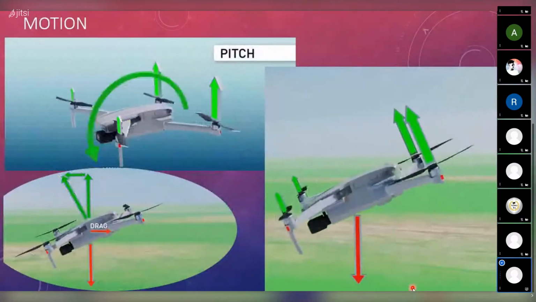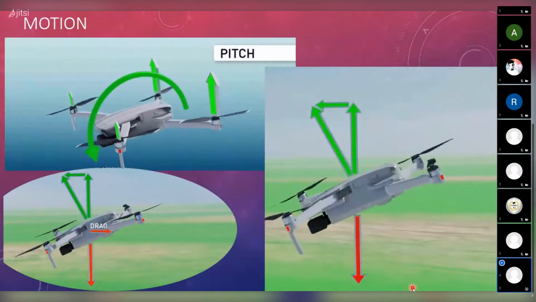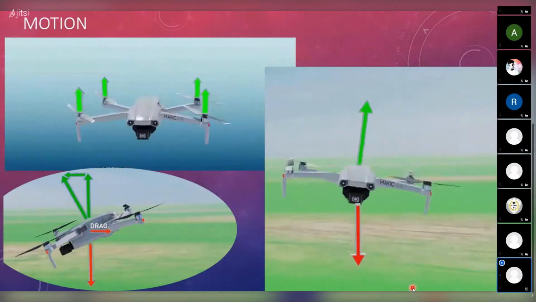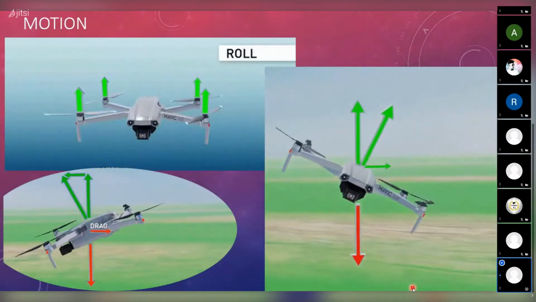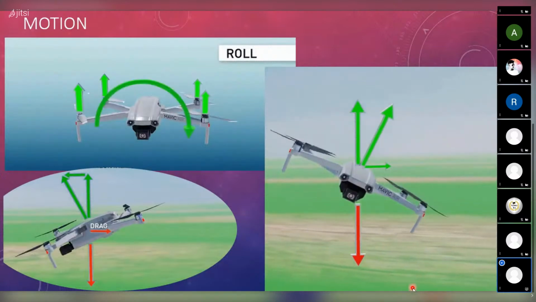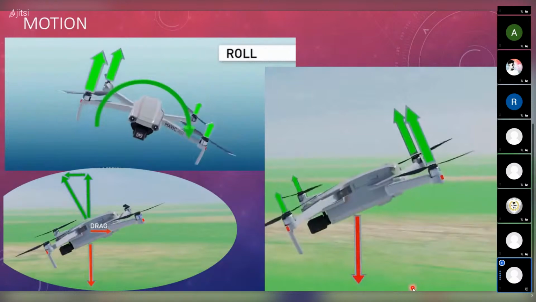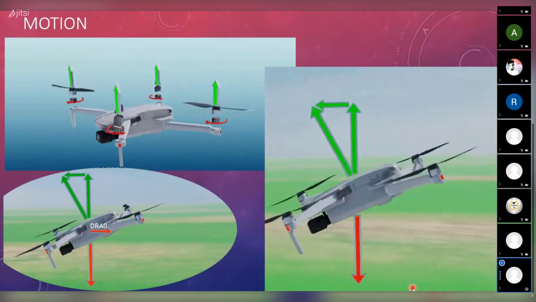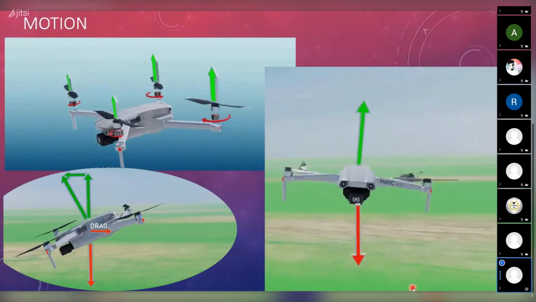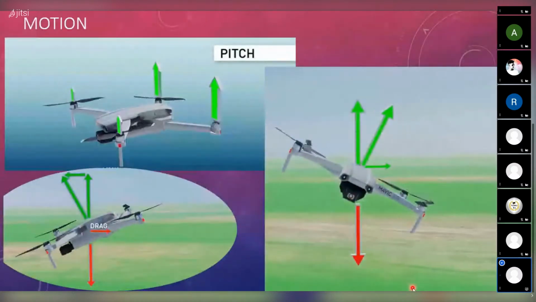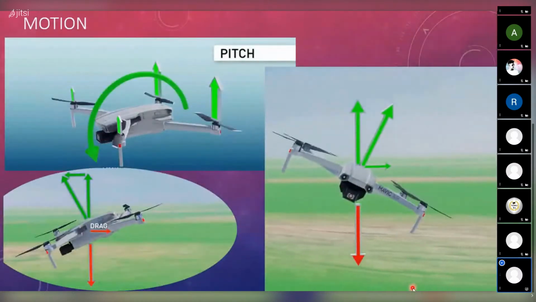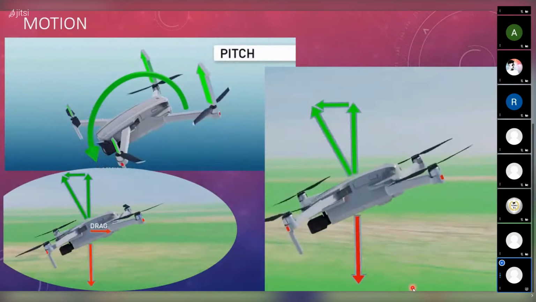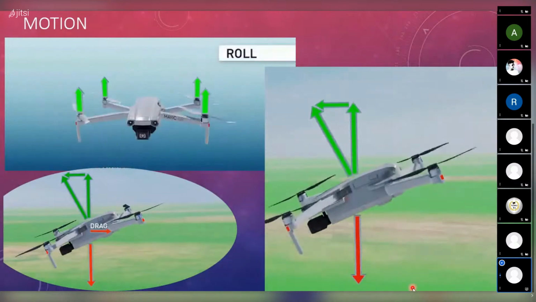Now we go to the motion of the drone. How does a drone go forward, backward, left, right? How do you achieve that? What is the mechanism behind it? If you see on the top left corner of the picture, you will see that suddenly the arrows on one side of the motors are becoming a little bigger. That is because the rotation of those motors has been increased, due to which we are getting more lift in those arms,